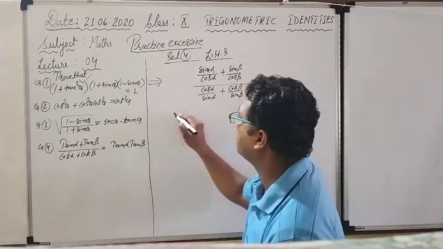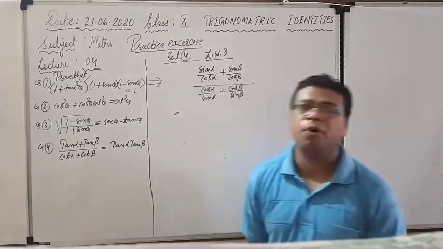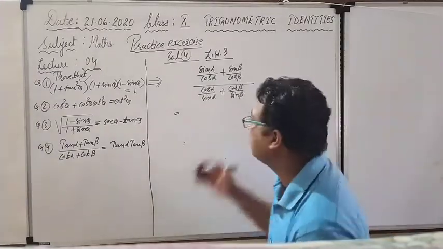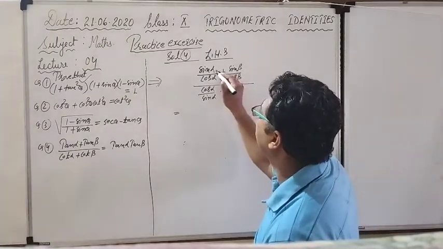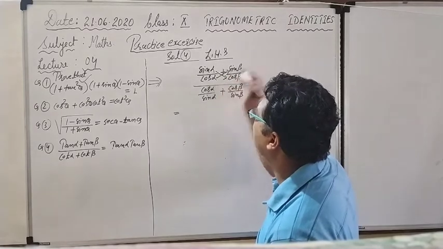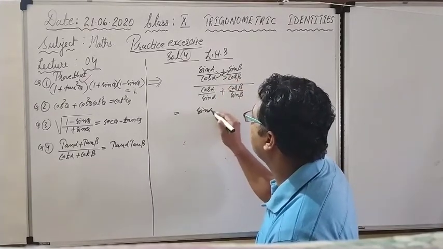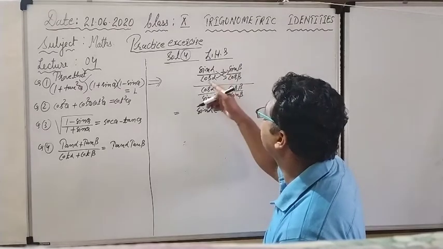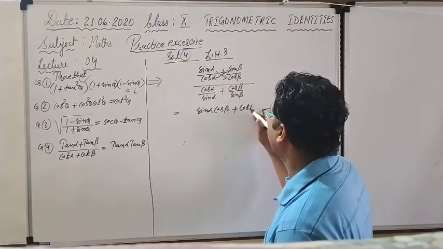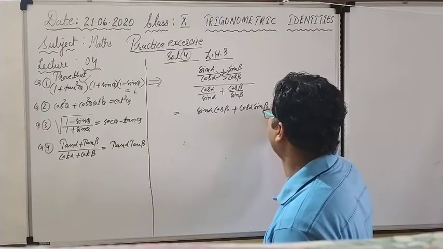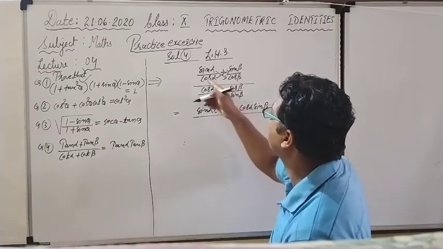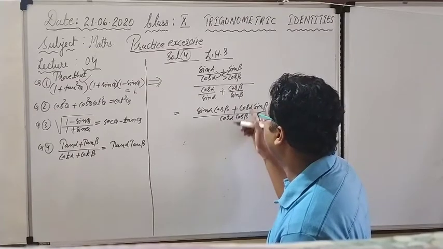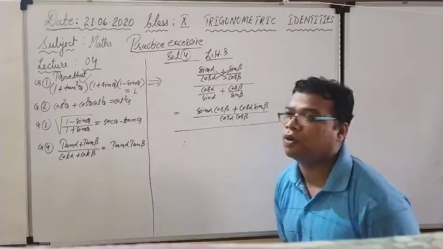This was the first step. It is a little lengthy problem, but you need not worry. Look here, a little faster. Okay, so in this particular situation you have to go for cross multiplication. So sin alpha into cos beta plus cos alpha into sin beta, cos alpha into sin beta. What is there in the denominator? Cos alpha into cos beta, cos alpha cos beta. This is for the numerator.